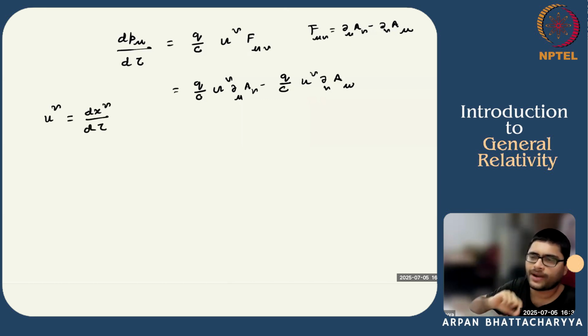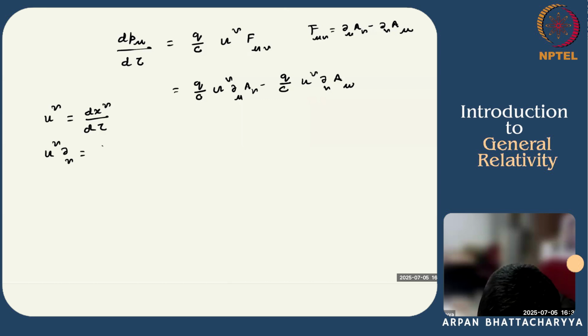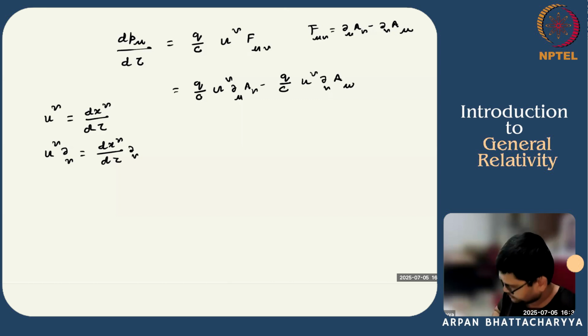This world line is now parameterized by the proper time tau, and this is nothing but dx mu by d tau del mu,